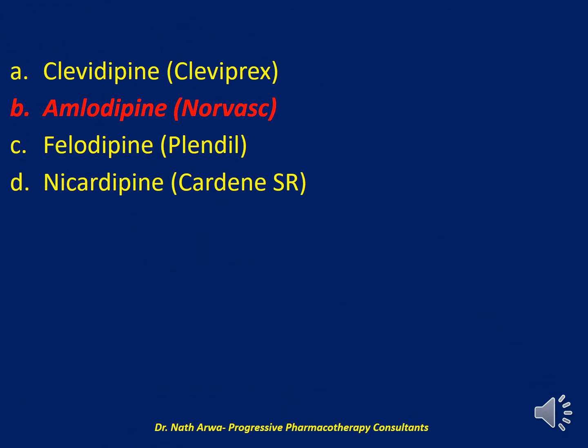Amlodipine or Norvasc it is. Now, amlodipine or Norvasc has an inherently long half-life of 30 to 50 hours and is not related to the dosage formulation being used, such as extended release or sustained release. Now, clevidipine has a short half-life of 1 minute and is used via IV infusion for acute hypertension. And nicardipine, which is Cardene SR, has a half-life of 8.6 hours, while felodipine, which is Plendil, has a half-life of 11 to